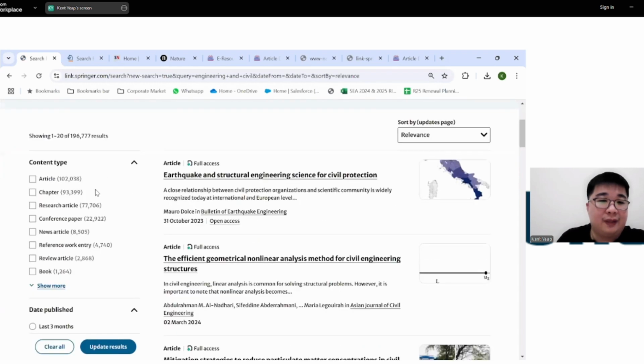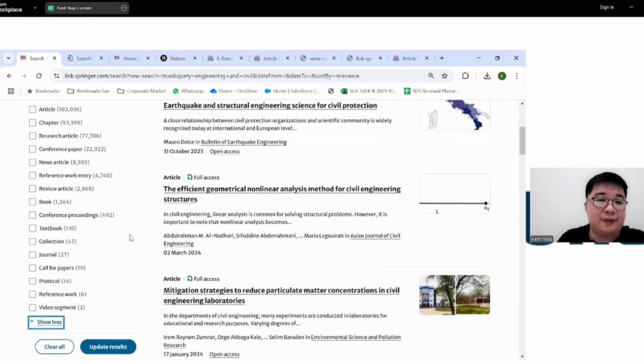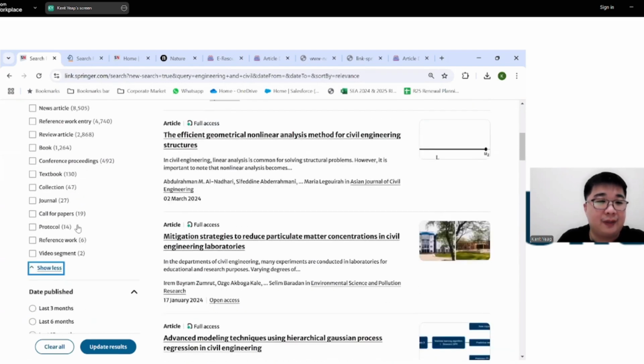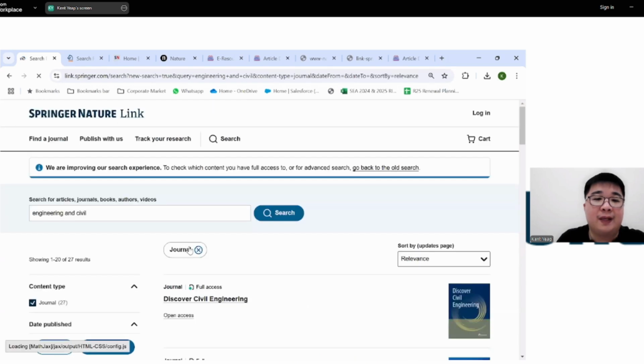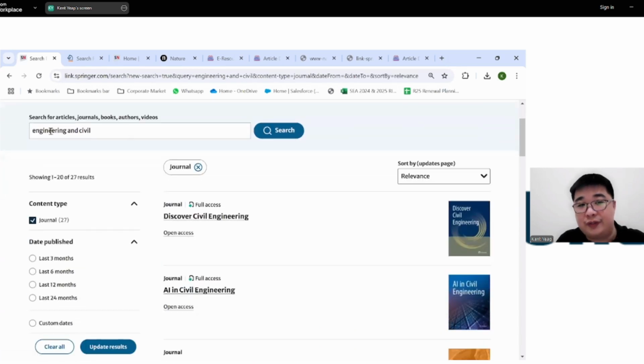In the filter section, after you've chosen your keywords, there should be a tab for journals. You select that and then click update results. Then you will see all journals with the term civil or engineering in it.